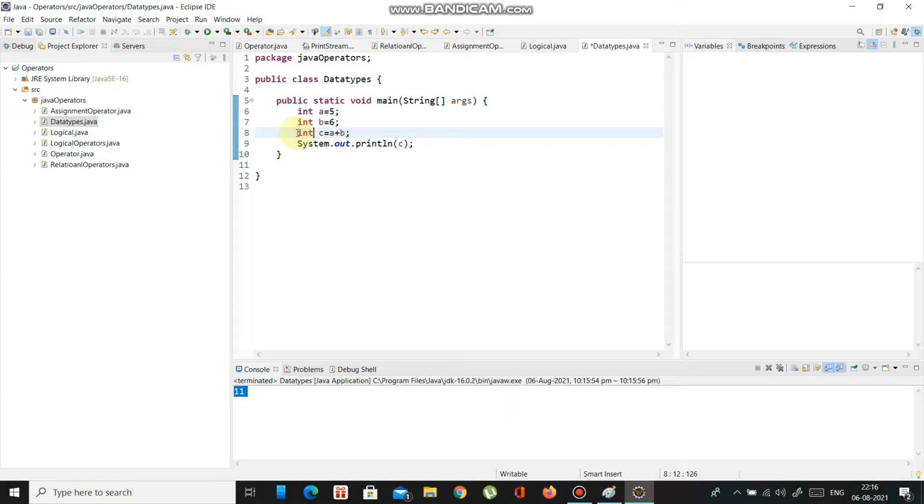So this comes under primitive. Okay, what is non-primitive? Strings. String is a non-primitive data type. See now, String is equal to, let me type my name, Venkat, semicolon. So this is the data over here.